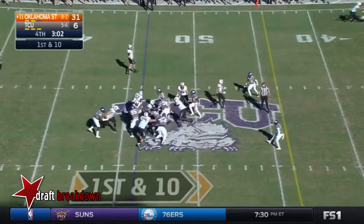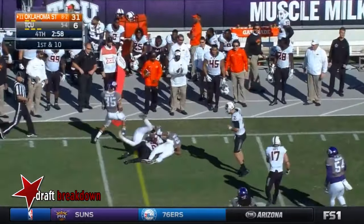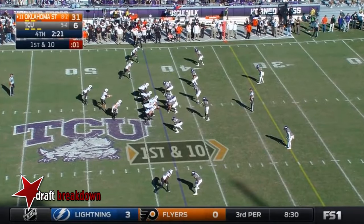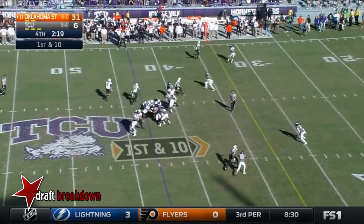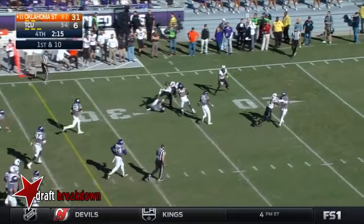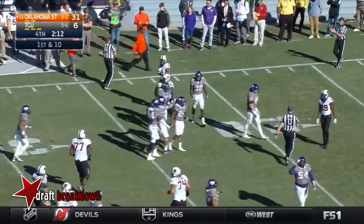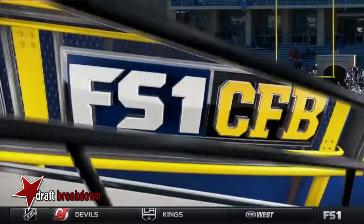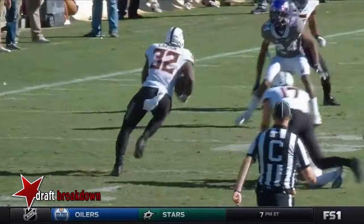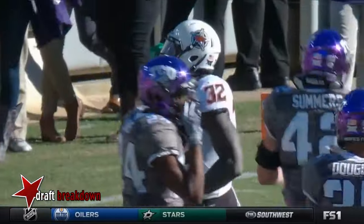Now it's time for Carson. Pick your poison, right? Yeah, just pick your poison. They've got him. Carson again. Look at that. And that. I submit for your approval this. Timmy, this is what I call a guy that makes you change your mind. When you come and stick your nose up there like Nick Orr did on that play, you better put a couple of extra bricks in your